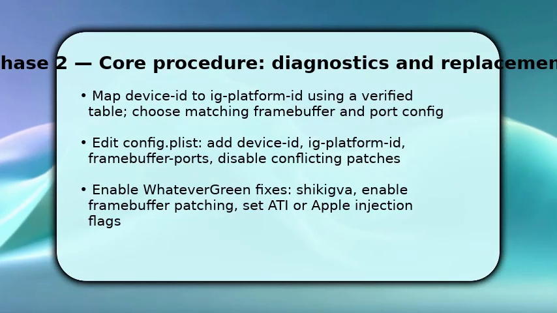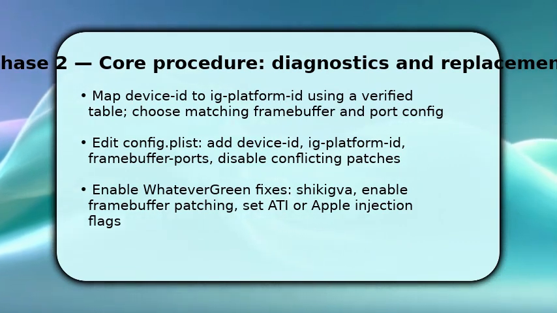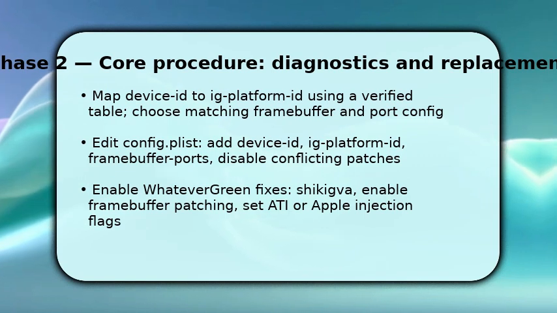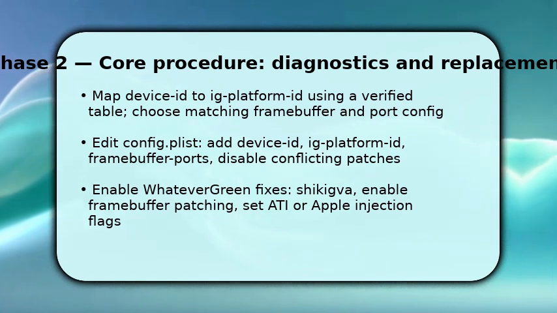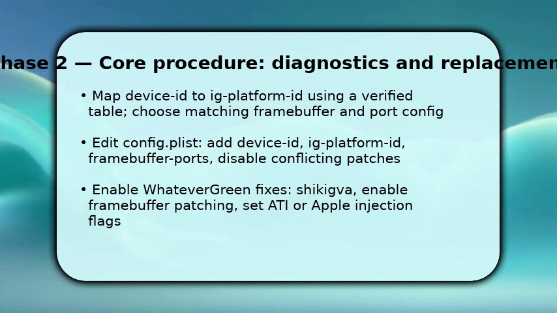Now you perform targeted edits to make macOS recognize the Intel GPU. First, map your device ID to the correct IG platform ID and select the framebuffer that supports your display outputs. This is why you noted them earlier. Then edit config.plist. Inject device ID and IG platform ID, define framebuffer ports, and add any binary patches